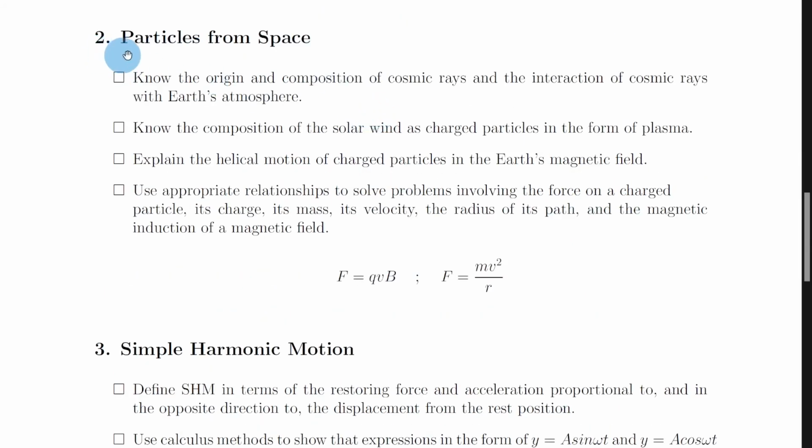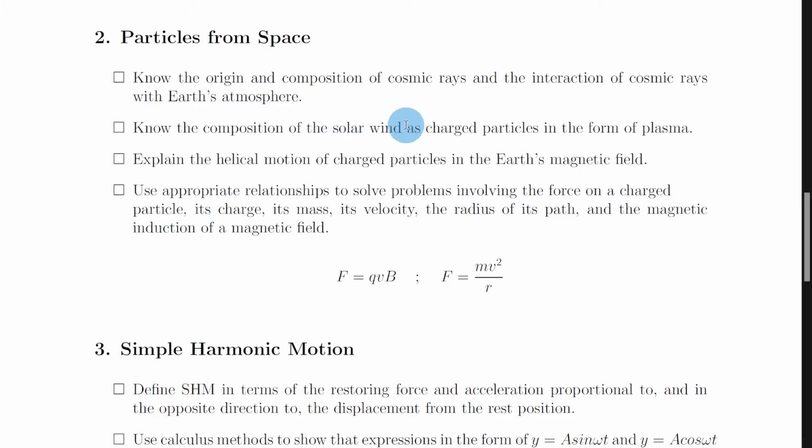Moving on to section 2, particles from space, you can see this one's a wee bit shorter, but there is a lot of overlap in this section with charged particles moving in a magnetic field from the electromagnetism topic. So firstly, you should know the origin and composition of cosmic rays and the interaction of cosmic rays with Earth's atmosphere. So you need to know what the cosmic rays are mainly made up of, so remember that's protons and